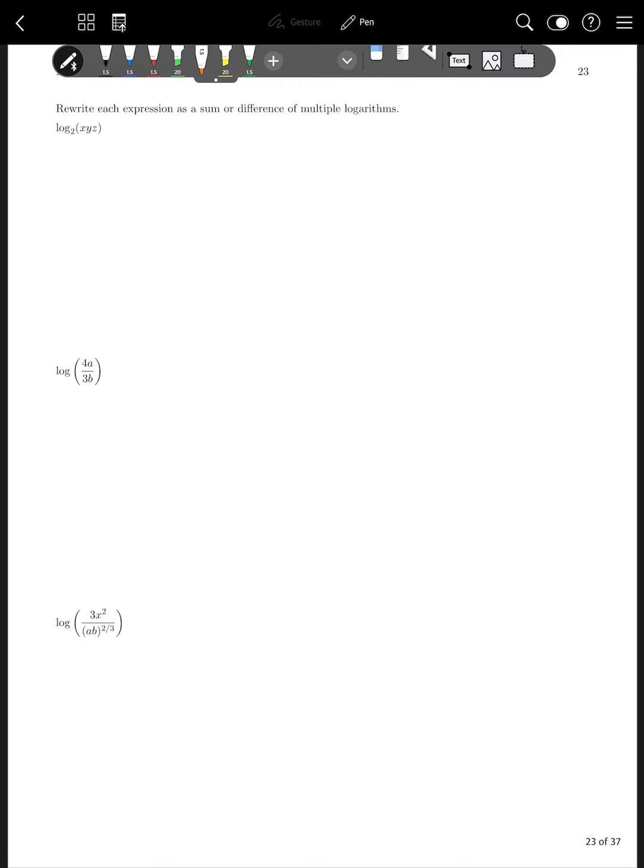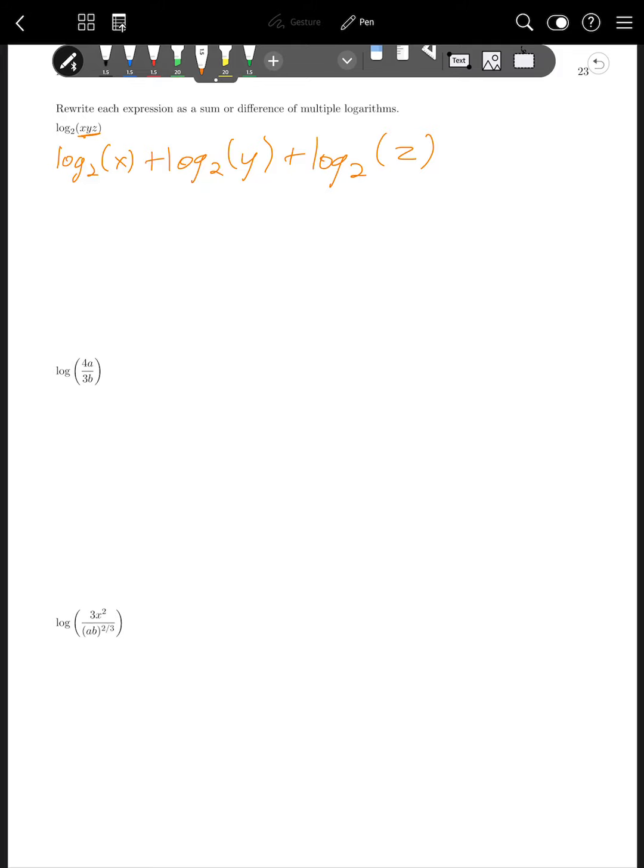So if I want to expand out a logarithm like log base 2 of xyz, that one's pretty easy because that's just using a single rule because I have a product on the inside. So that would just be log base 2 of x plus log base 2 of y plus log base 2 of z. So every factor from inside the logarithm gets its own logarithm, is how we have it expanded out. So then if I'm dealing with